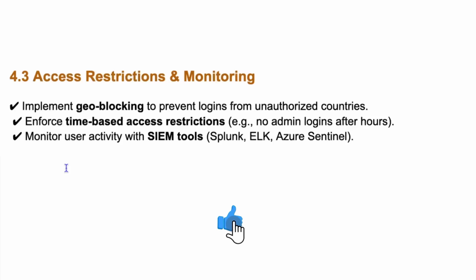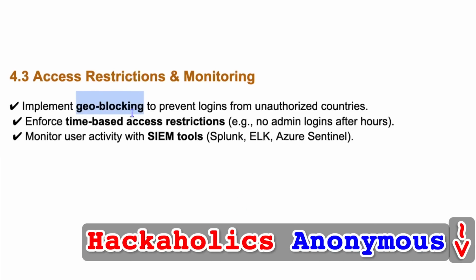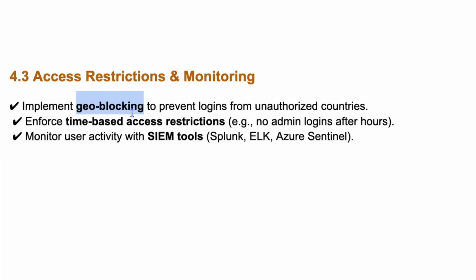Access restrictions and monitoring also fall under operational control. So implementing geo-blocking to prevent login from unauthorized countries or even states, right? Geo-blocking means that this specific system or IP address cannot be accessed by anybody outside of the United States, or this specific system or IP address cannot be accessed by anybody outside of this building. That's actually a very powerful way of doing geo-blocking as well. So it's one of those ways that you force that only that system can be accessed from having